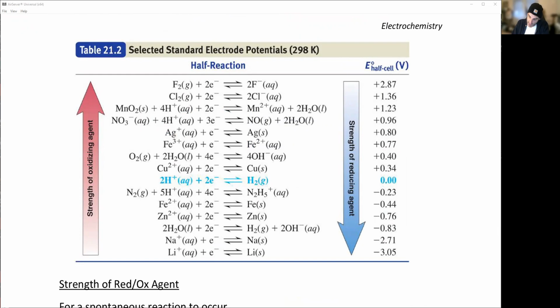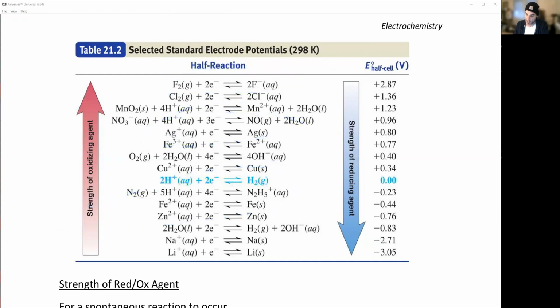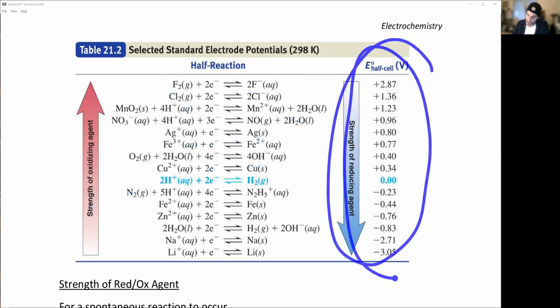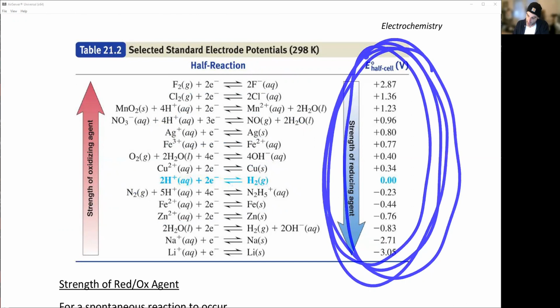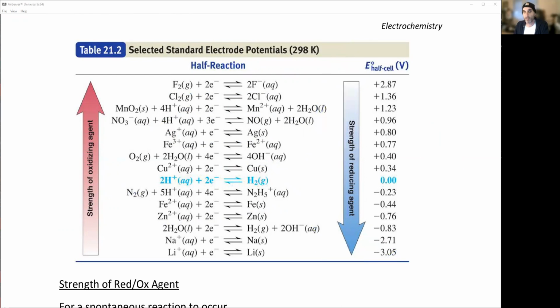A couple of things. Everything you'll notice is written as a reduction. Okay, every single one of these is reduction. Reduction, reduction, reduction. All of these are reductions. So these are all what we call reduction potentials. Okay, so these are all reduction. Which of these prefer to be reduced? Okay, so the strength of the oxidizing agent, strength of the reducing agent. Don't think about it that way. Think about it this way. Think about the fact that